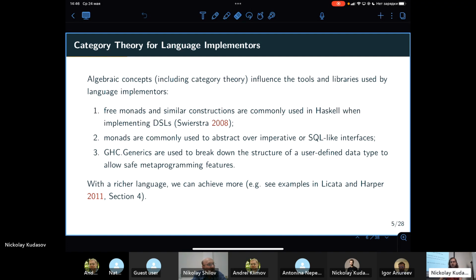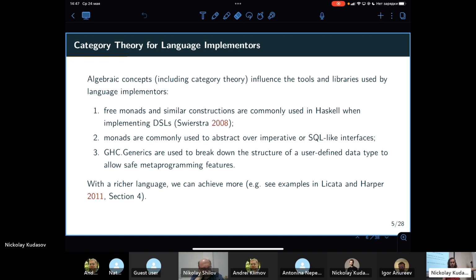GHC is the Glasgow Haskell Compiler. Okay, thank you. Right. And generics here are not generics like in Java. This refers to a generic algebraic representation of a user-defined data type. The details do not matter that much, but if someone is familiar with GHC generics,